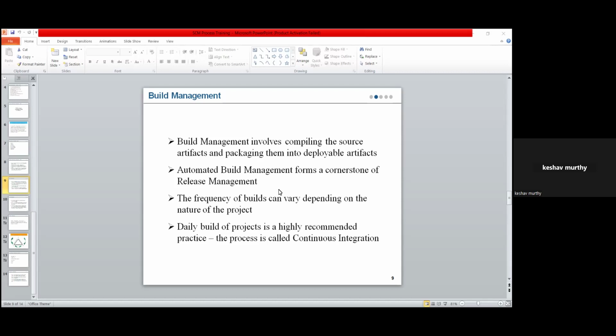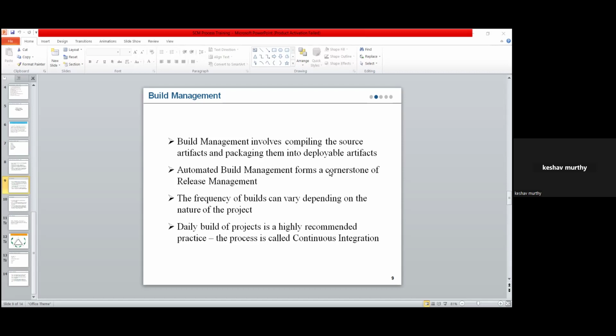A laptop cannot, or whatever server, it cannot understand the English you have coded. But if the machine should understand that, or if you want to install it on any machine, then you have to convert that into the binary. Then when you run that, it is going to be compiled, and whatever application is required will be operating on your system. So this is how your build is going to work.